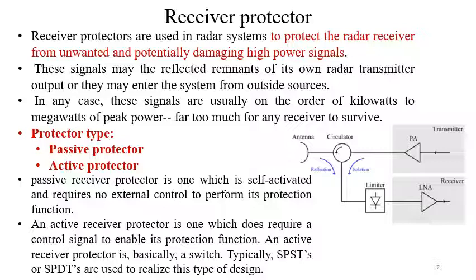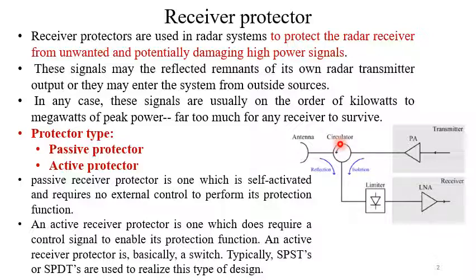So usually the antenna will receive power from the target, and a small amount of echo power should be switched by this circulator towards the receiver path, but there may be a portion of the power that may leak from this transmitter to the receiver,